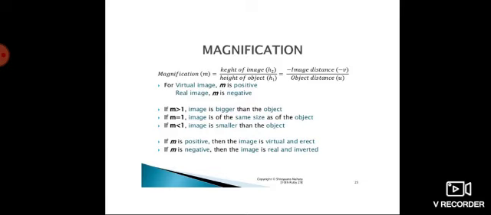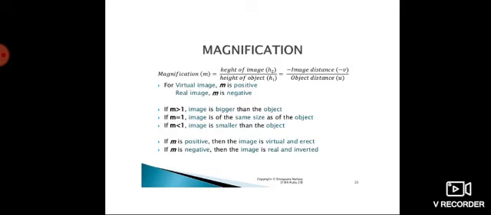After that you can see three cases. The second case is where m is equal to 1. When do I get the value of magnification as 1? When the object and the image sizes are the same. When I get an object and image of the same size, then m is equal to 1, because it is the height of the image by the height of the object, and both heights are the same.